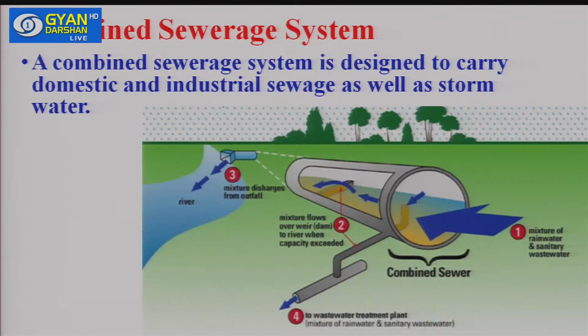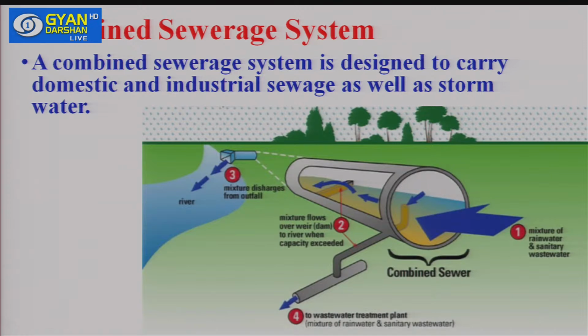As is clear from its name, here we have only one pipe or one conduit for both sewage as well as the storm or the rainwater. A combined sewerage system is designed to carry domestic and industrial sewage as well as the storm water or the rainwater. As you can see here, only one pipe is used basically, and whenever large storm water is there,